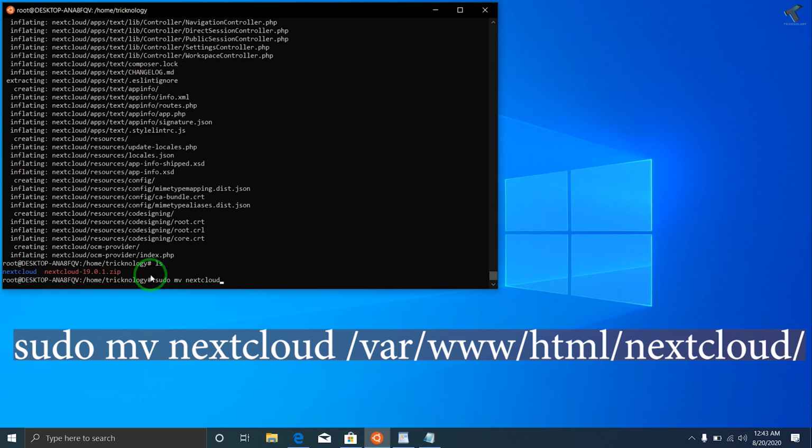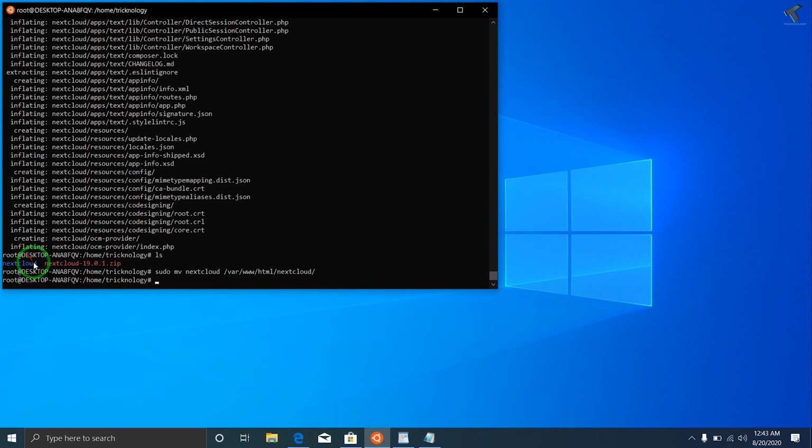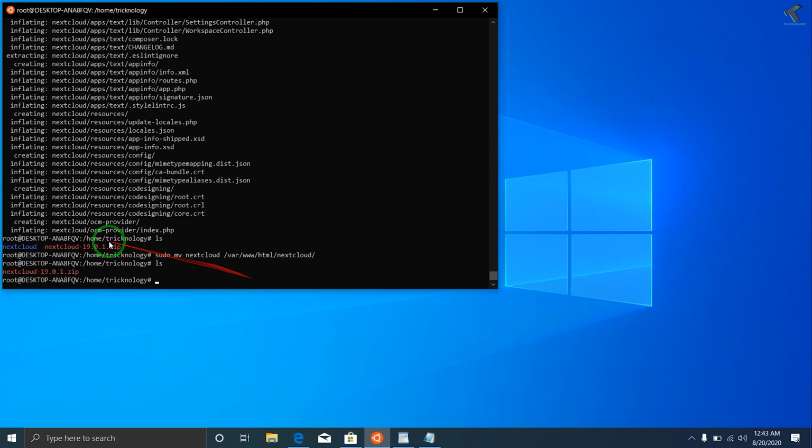You can also press tab to check the name, and after that space, then /var/www/html/nextcloud/, and after that press enter from your keyboard, and this folder will move under this HTML folder. So if I put the ls command once again, as you can see, it's not showing over there under this technology folder.